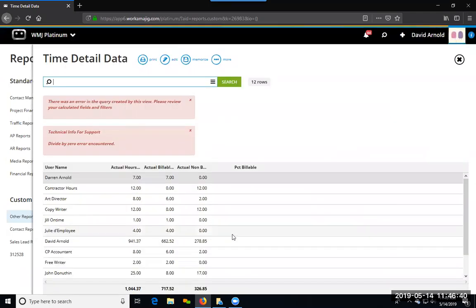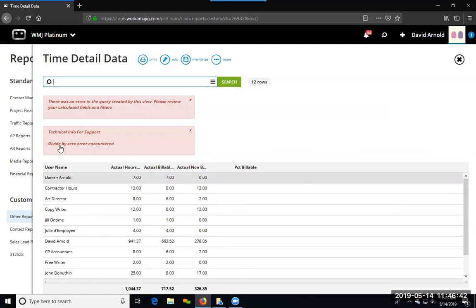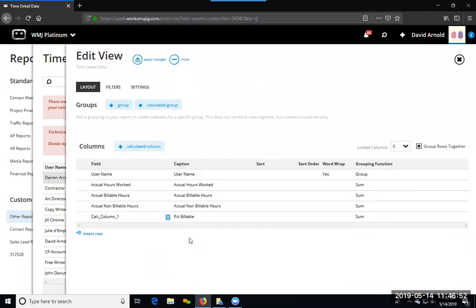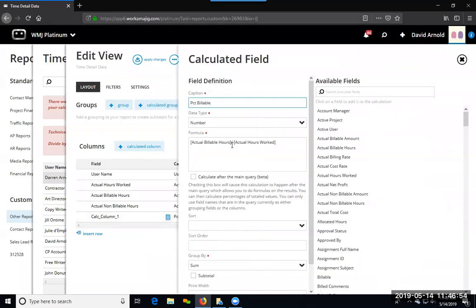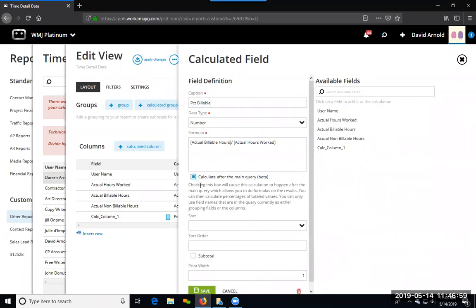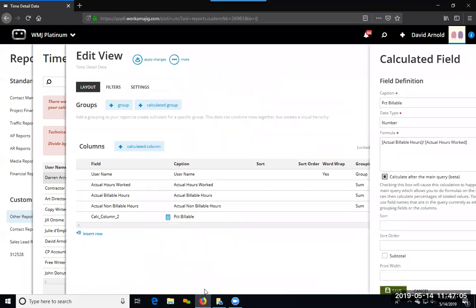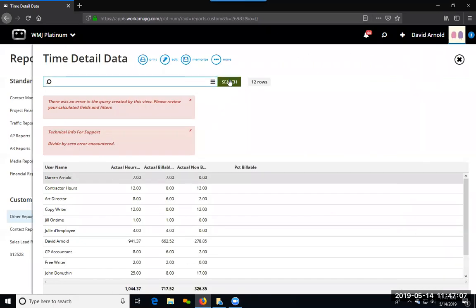So this one's going to give me probably an odd number. In fact, it gave me an error because it said divide by 0. Okay, that's because, again, my actual hours, I may have a 0 entry for them. Okay, kind of doesn't make sense, but that's what it does. And so in this case, what I may do is say, well, why don't you wait until I get the totals and then do this calculation? Okay, so now when I do this and I hit save and apply the changes and run it,